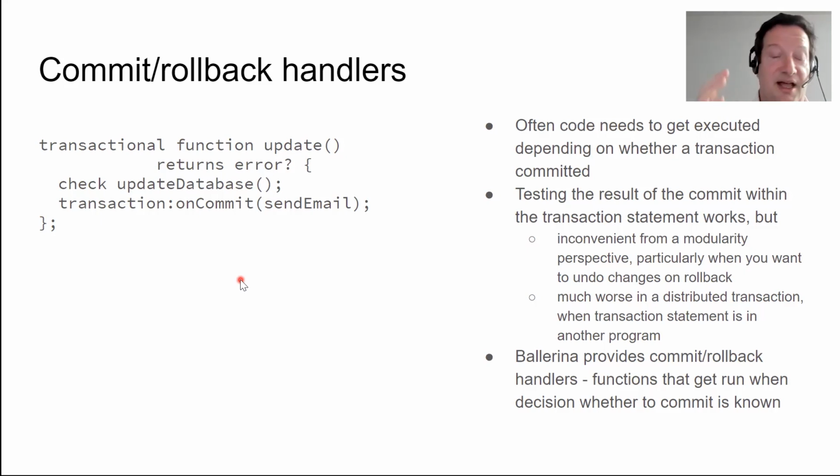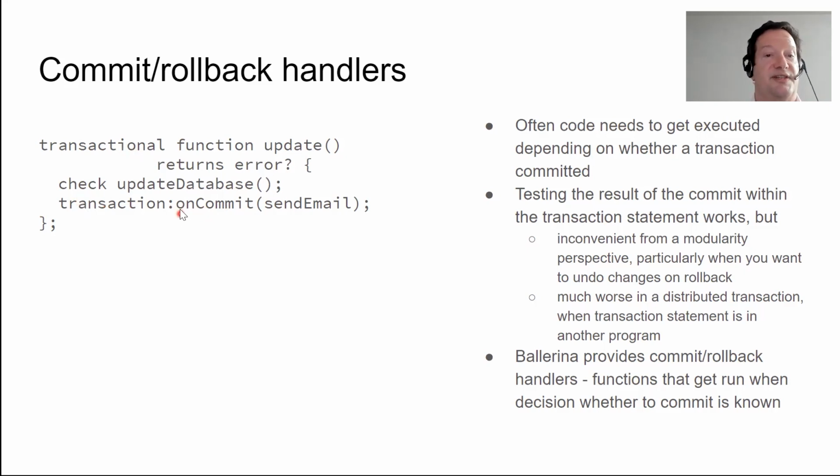So that's one reason why just testing the result of commit doesn't work. The other bigger reason is that in a distributed transaction, one program has the transaction statement, and another program may want to do something based on whether the transaction that was started here commits or not. If you want to make that work, you have to get into sending messages, and it all gets very complicated. So instead, we have this feature called commit and rollback handlers, where you can say, if you're in a transactional context,